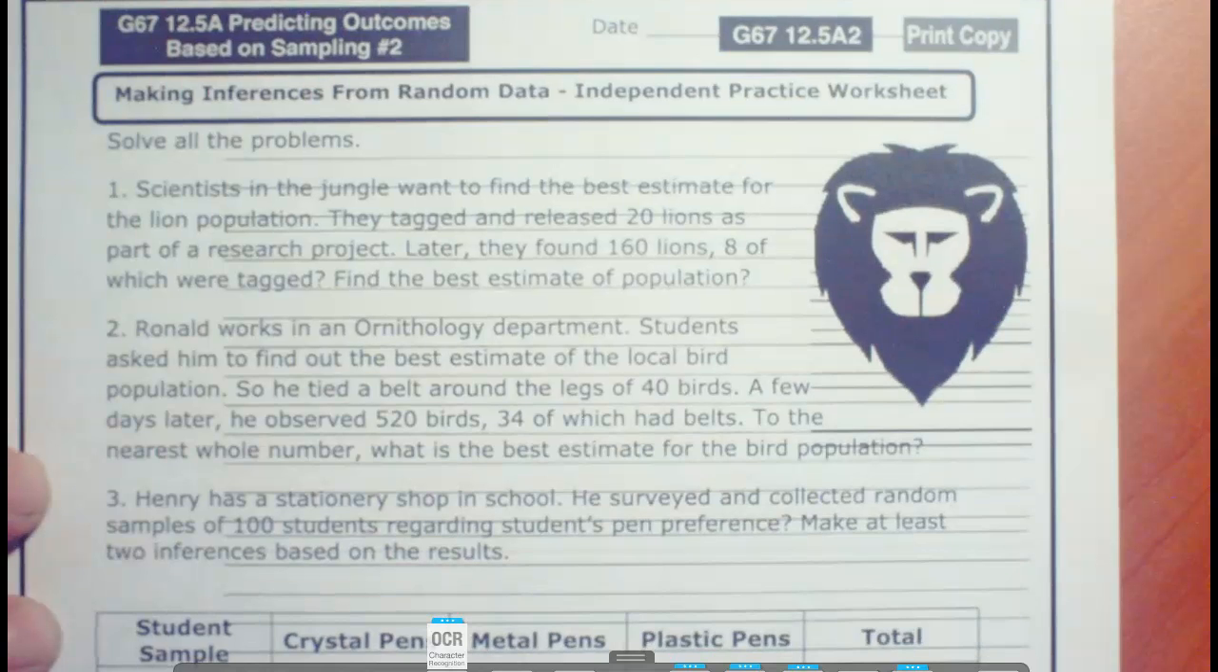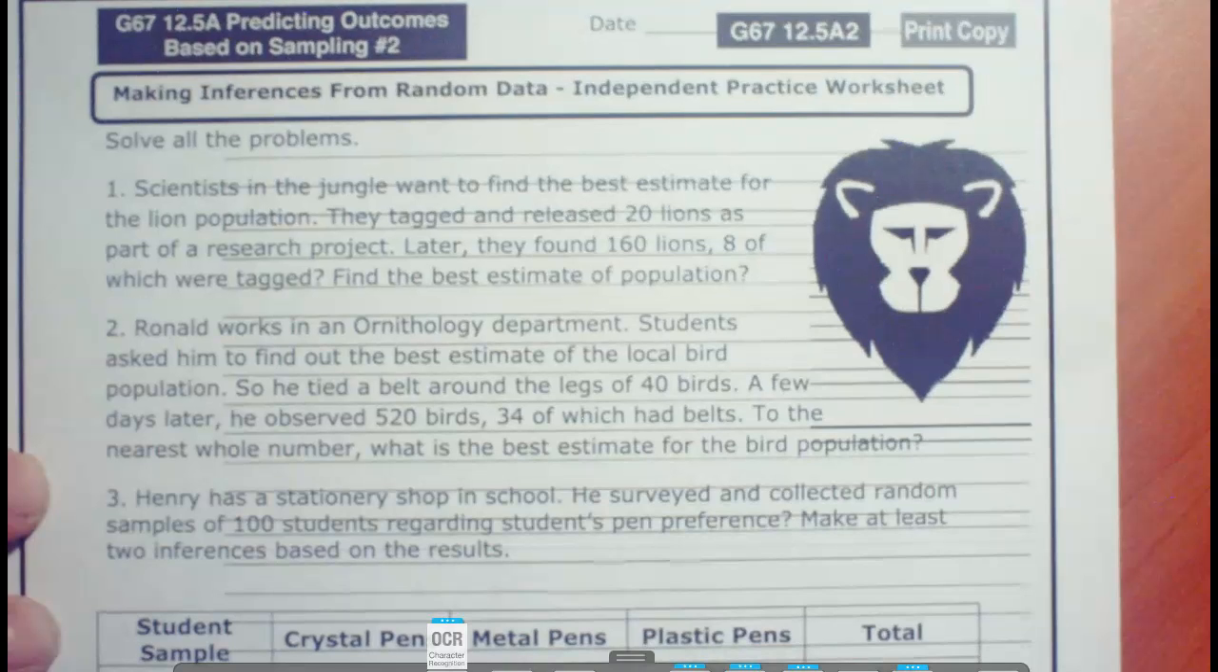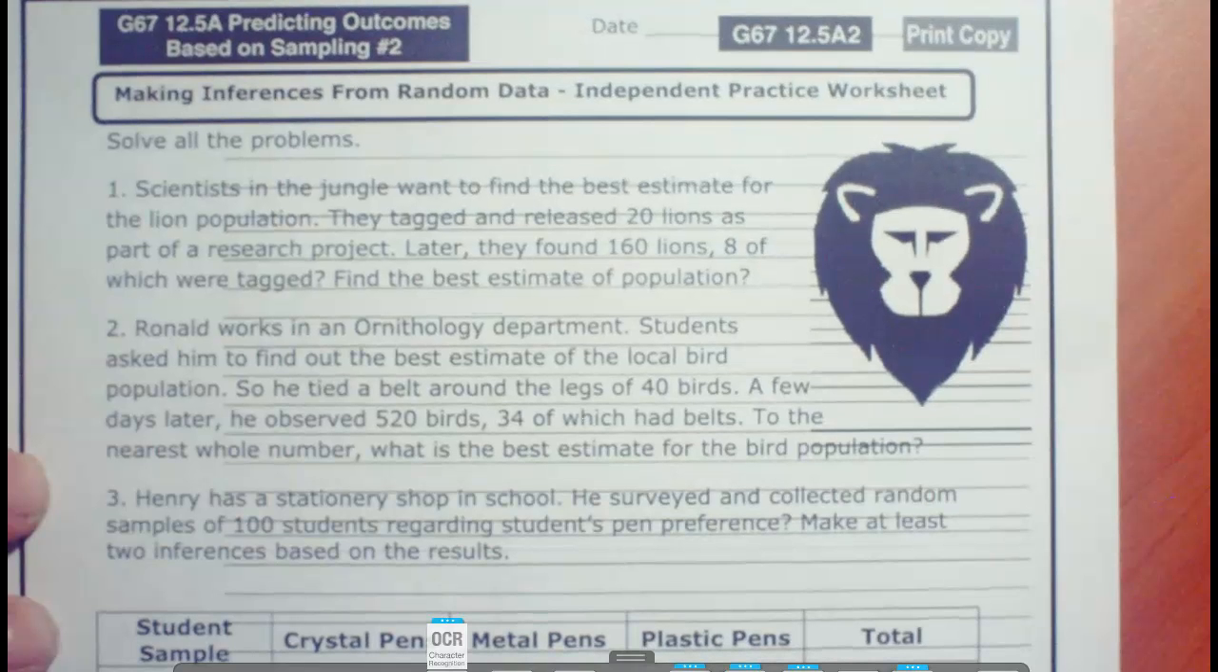Okay, this one here, I got some extra lines on it. I'm not really sure what's going on with our printer, but we're going to do 12.582 using